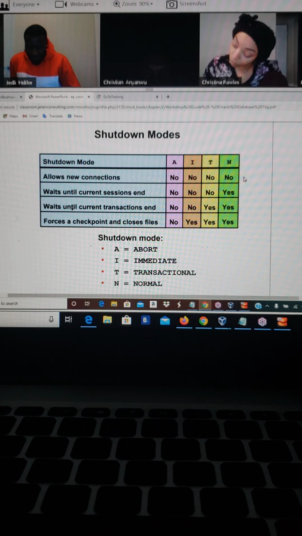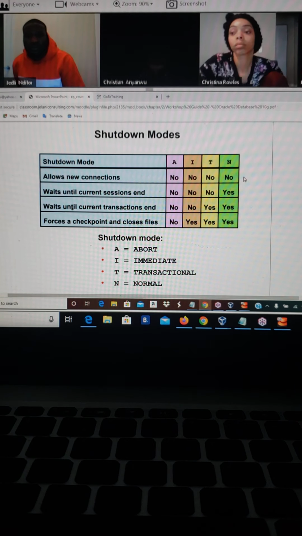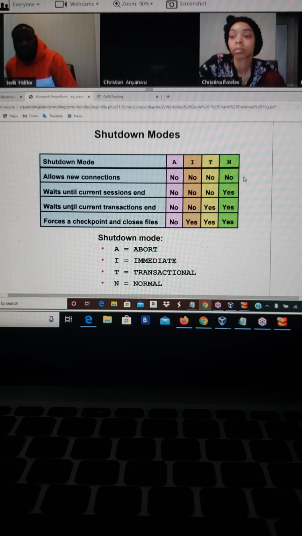And you have forcing a checkpoint. So if it forces a checkpoint, it means it synchronizes your database, right? So forcing a checkpoint means it's going to keep your database in a synchronized manner. It's going to make sure that the system change numbers in your control file